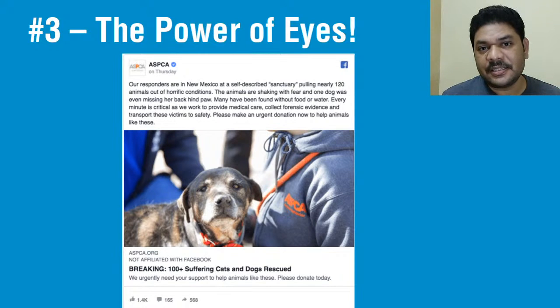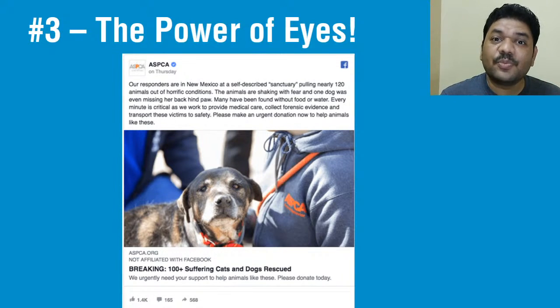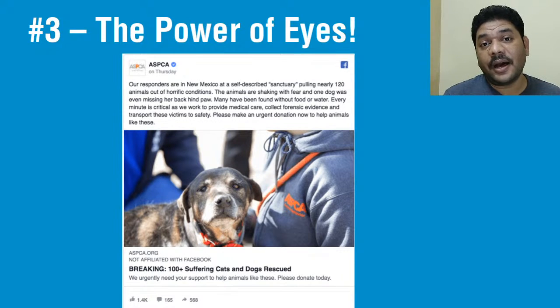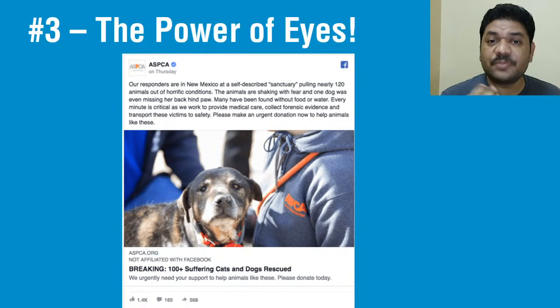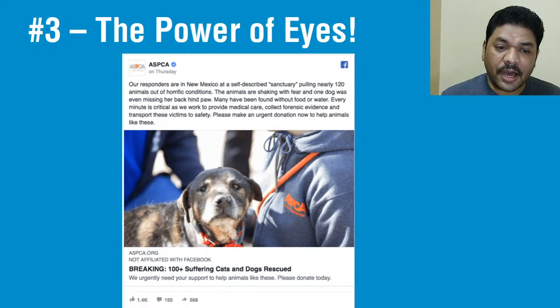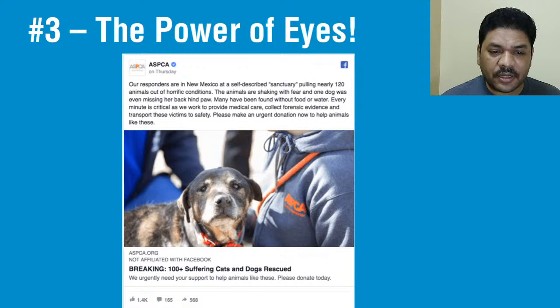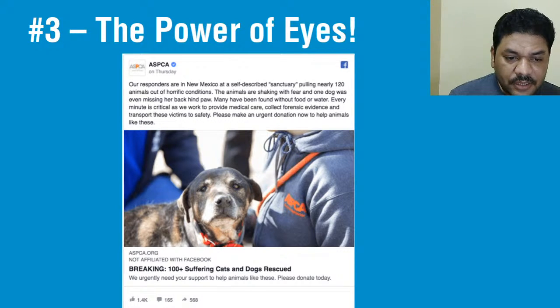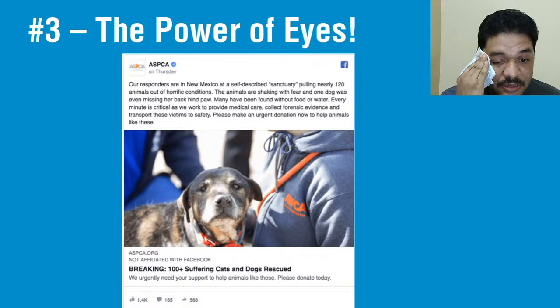If you have a chance of using an image with eyes, that conveys more messages, because of what we told about eye contact. While speaking, you can watch many things and get the result from the eyes. The same thing is good here. If you see the eyes of the dog, I think it's a police dog or something, and the eyes are powerful and very strong.